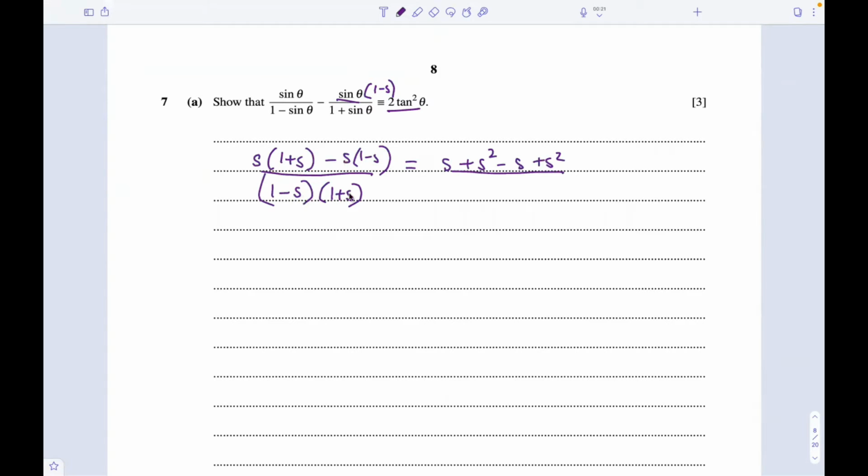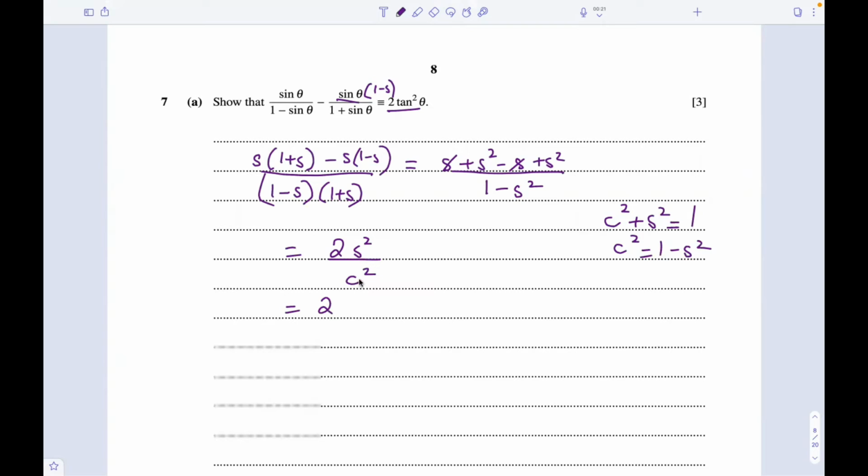So using the algebraic identity, 1 minus sin and 1 plus sin can be written as 1 minus sin squared. So sin and minus sin will cancel, and we have 2 sin squared. And we have an identity that cos squared plus sin squared is equal to 1. So cos squared is equal to 1 minus sin squared. So in place of 1 minus sin squared, we can write cos squared. So this will become